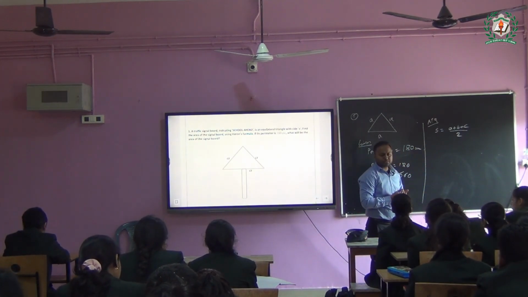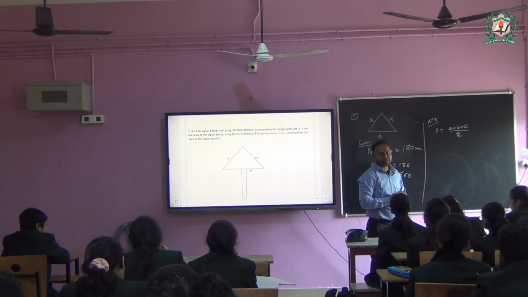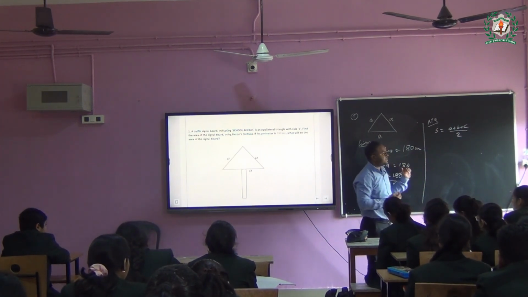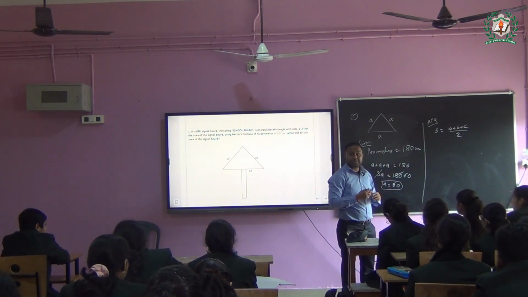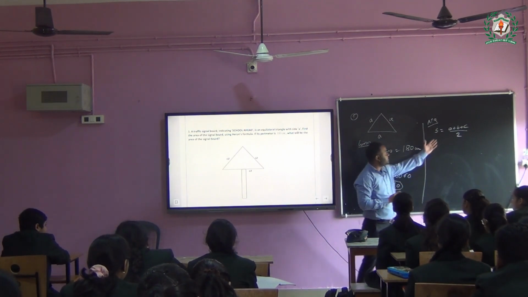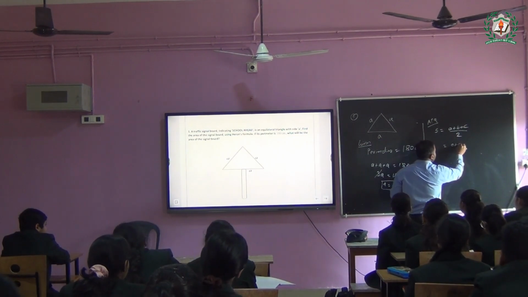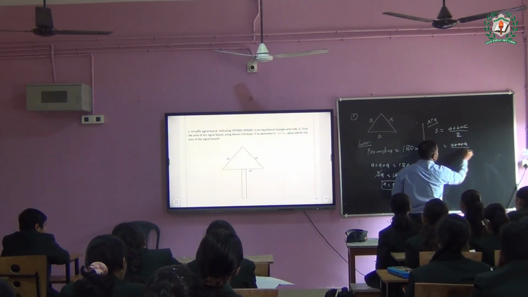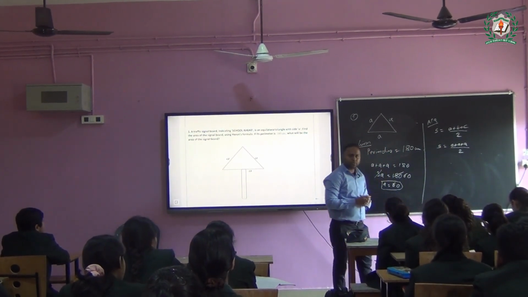That is the semi-perimeter. The sum of all sides divided by 2 becomes the semi-perimeter. But in the concept of semi-perimeter, you see here, all sides are equal. That becomes an equilateral triangle. That means B and C are replaced with A, so it is A plus A plus A by 2. Is it clear, class? Okay.